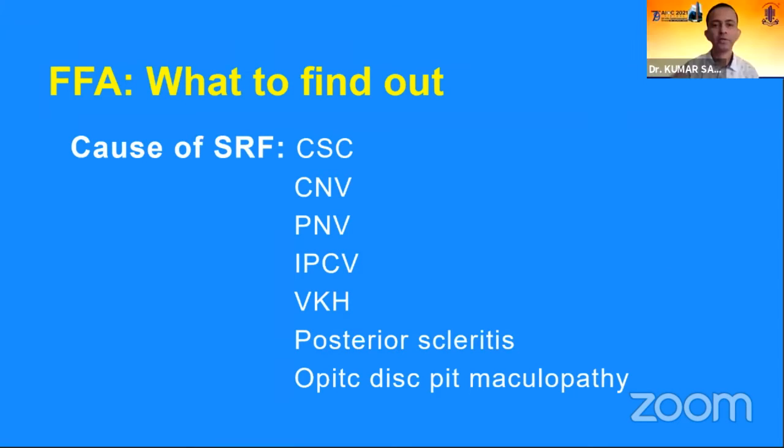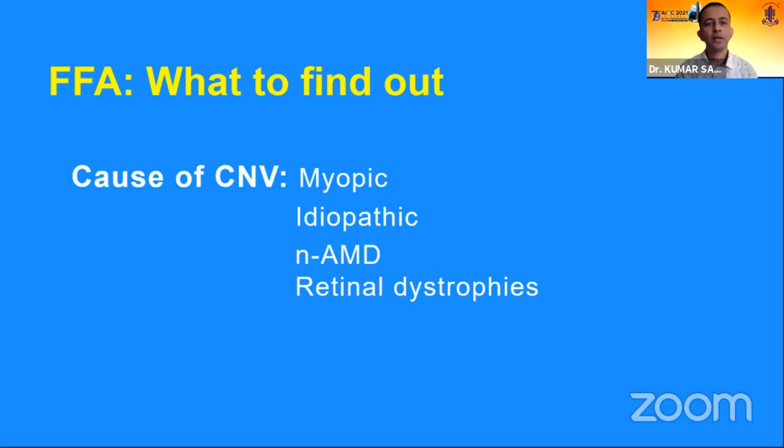If we find subretinal fluid in a patient with distorted vision, we look for central serous chorioretinopathy, choroidal neovasculopathy, pachychoroid neovasculopathy, IPCV, VKH, posterior scleritis, and optic disc pathologies, which can be looked at on FFA imaging in a patient with distorted vision. So the next step is to find if the patient has CNVM, then